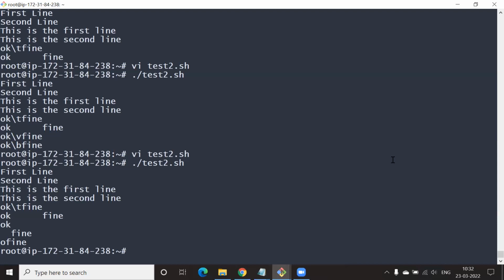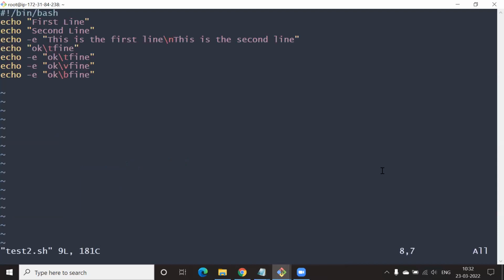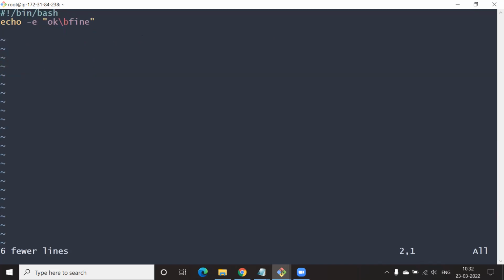So let's close the file, open another file called test3.sh, or just open test2.sh. Back to test2.sh. Remove all the lines except the shebang. How do you delete it? Double D, escape double D. Yeah, dd. Okay, remove that one, and I'll send this one, so paste it here.